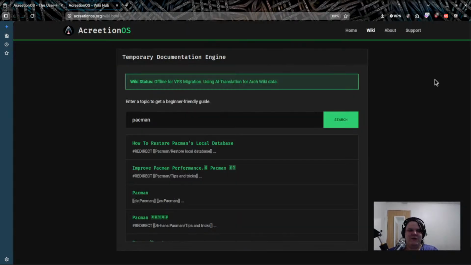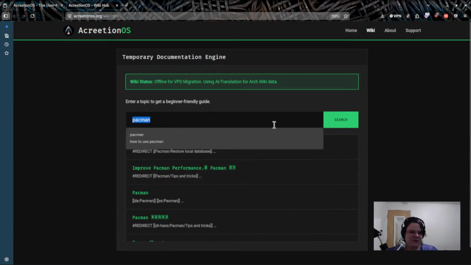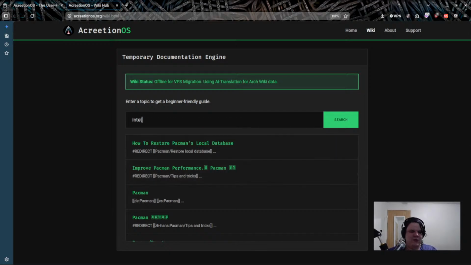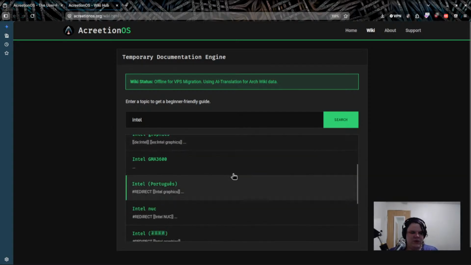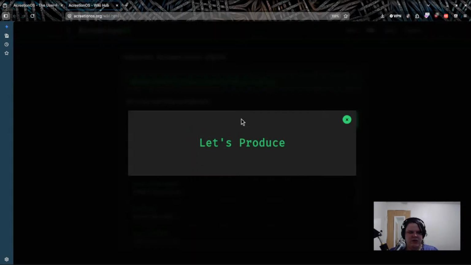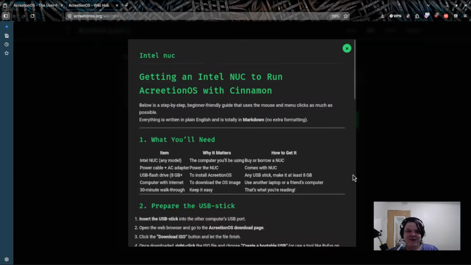Yeah, no, there's the article. You can close it out. You can continue to look for things. I mean, like Intel, right? We'll type in the word Intel. It's going to pull up Intel. Let's say Intel NUC. So, as you'll see here, this is where it gets interesting. The reason it popped up so fast earlier is because I already looked that up earlier. That was cached on my machine. It's going to do that so that we're not using all of their resources every single time we want something, which is not really a huge deal, but you saw how fast it did it.